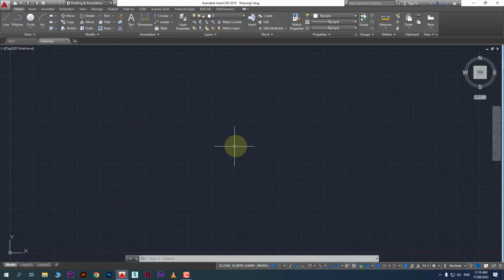You can take it directly from here, or you can write it on the command line. The command line, actually we can say it communicates with you. When you take any command, it will show you which command you have taken and what to do next. Right, now it's showing you have taken the line command because it's bold and highlighted. Alright, and specify first point. So you will specify the first point, and again it will ask you the next option, what to do, specify next